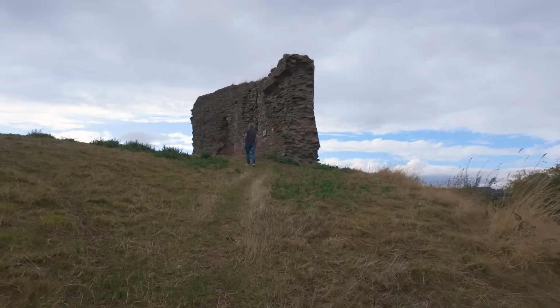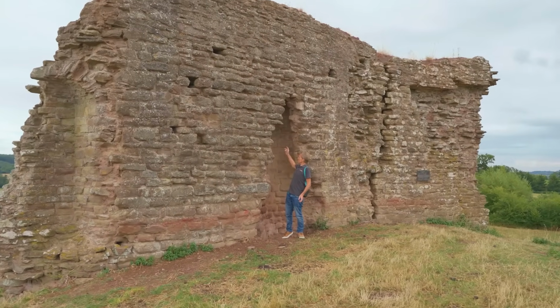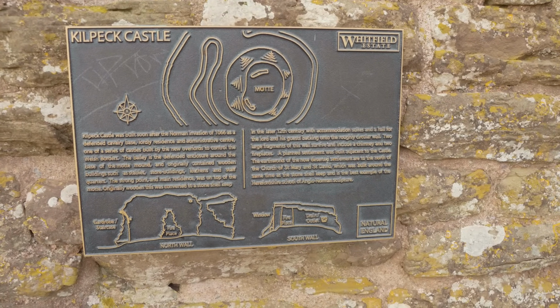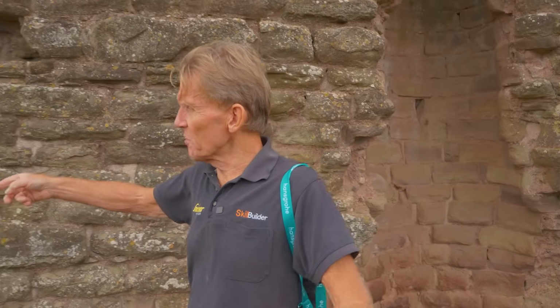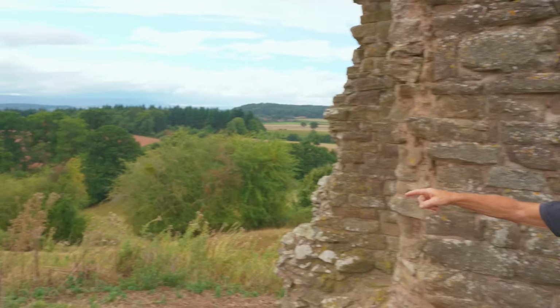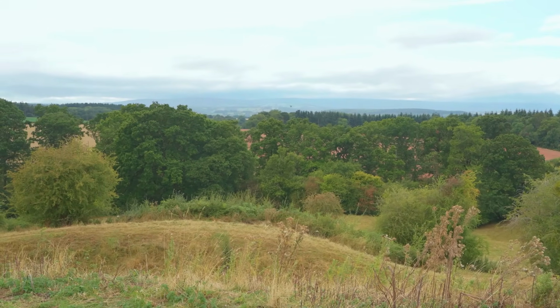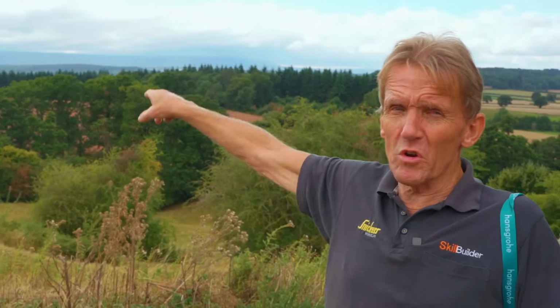That's the chimney. It's still intact all the way around. That's actually a beautifully made chimney with those curved stones. And this castle was built by the Normans, and this was quite elaborate at one time. It had a couple of fireplaces, a hall and so on. And it's a motte and bailey, so if you look down there you can see all the way around. Over there is Wales, and that's basically what they were trying to do here, was keep the marauding Welsh out,